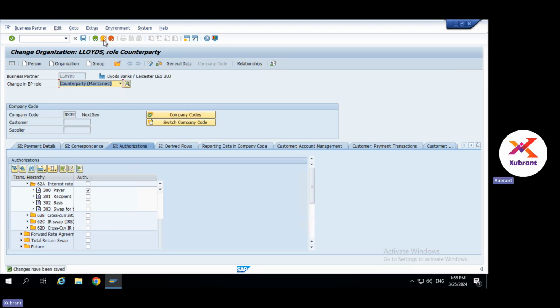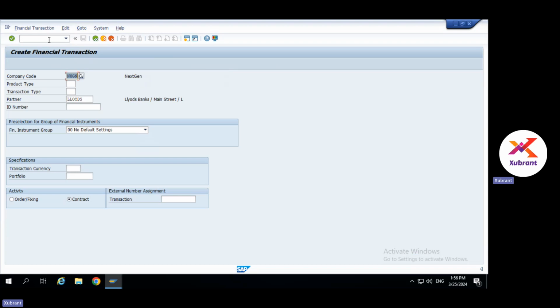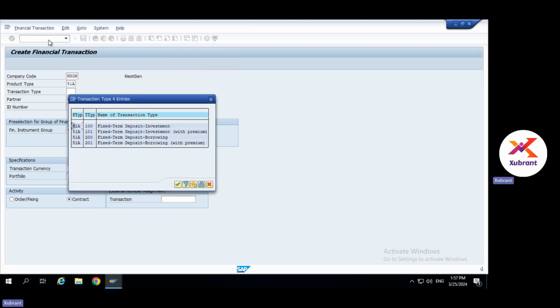And now let us create a simple transaction. The T code, or the app if you use Fiori, is the same: FTR_CREATE. In fact, this is an umbrella transaction which can be used to create all the instruments. I'm going to select 51A,